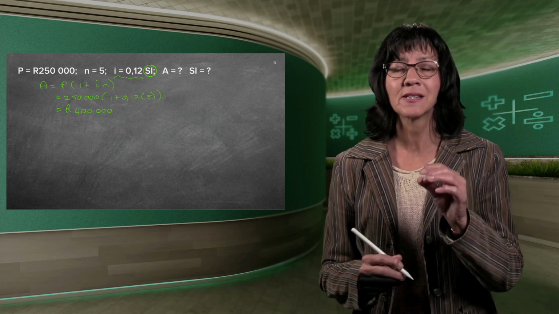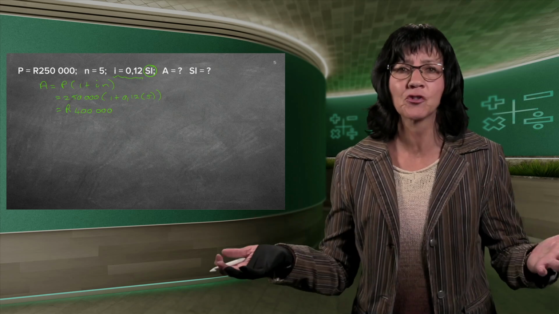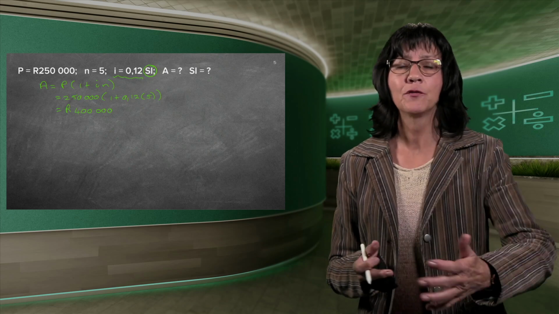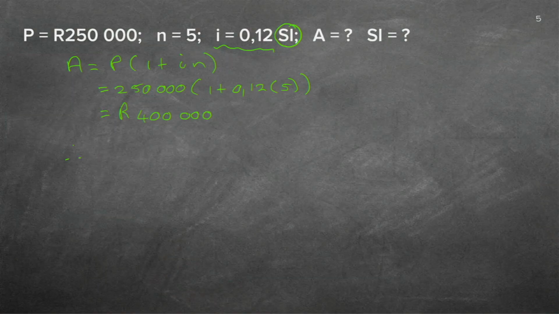If they just ask the simple interest, they want an amount from you. They want to know, what did you now pay extra? If you borrowed 250,000, but now you have to pay back 400,000. So what is the extra amount? Then you just say 400,000 minus the 250,000 gives me 150. Now that looks like an 8. Writing not. Let's rather do it properly. It looks like an 8. It was actually a 5.